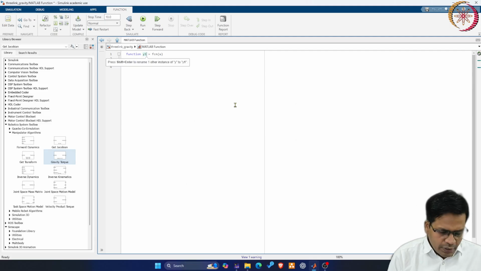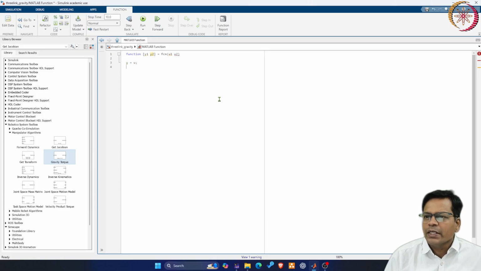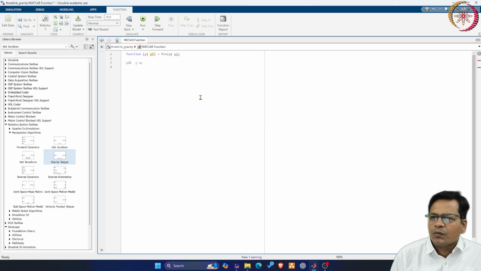y is the output from this function. You can put it in vector form as y1 and y2. Similarly, the input could be u1 and u2. In that case you can return y1 as some value. I'll just demonstrate it using y2 equal to u2.